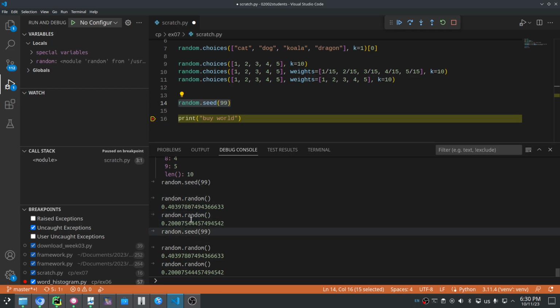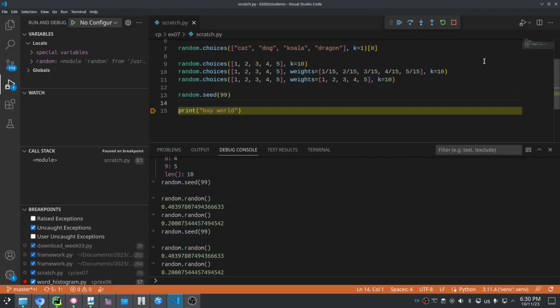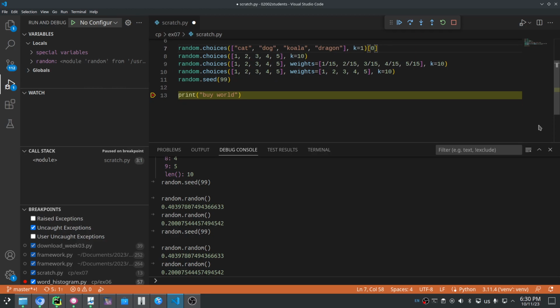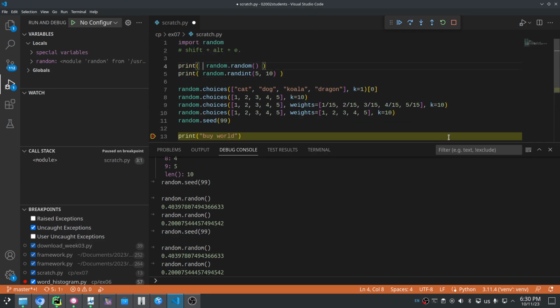So that's just good to be aware of. It's something that can be helpful if you have a random algorithm that you want to debug, and you want to make sure that it behaves in the same way between runs. Okay, I think that's all I have to say about this problem, and then we'll move on to editing actual Python files. Of course, that's kind of what I've been doing here, but this has just been my way of doing it. Okay,